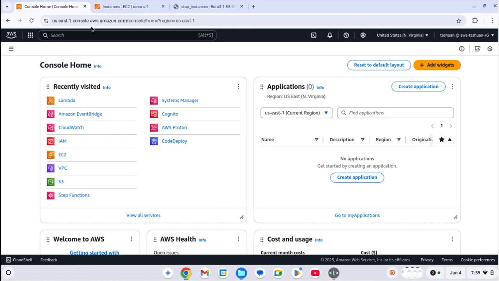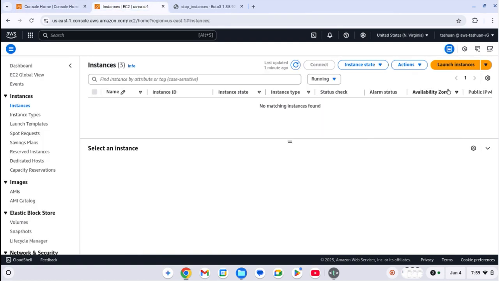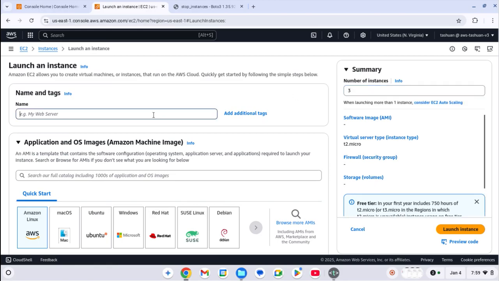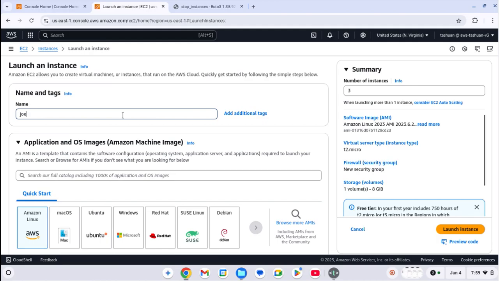So the first thing we'd like to do here is to go ahead and get it out of the way, which is to create three instances. So we will create three here. We'd like to click on launch instance. And for the number of instances, we will choose 3. And we're done here. So we'll let it name our instance. We're going to name it